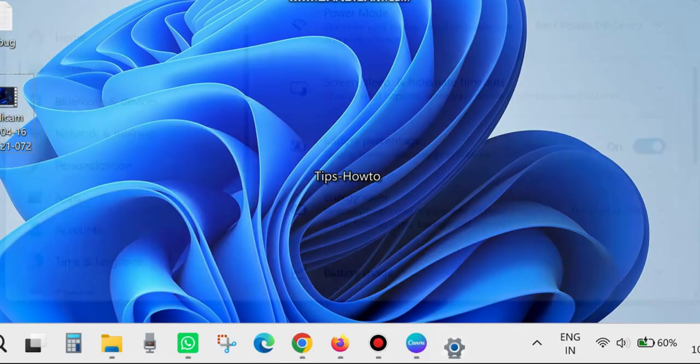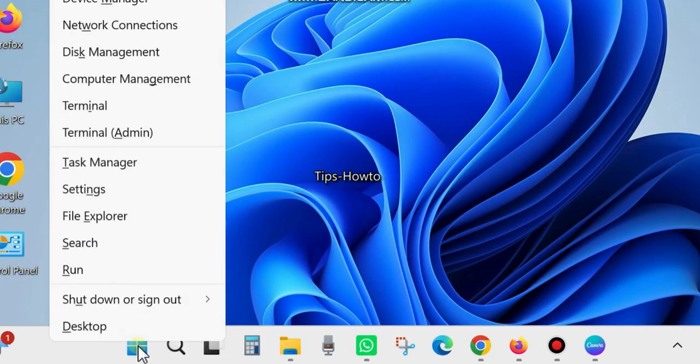If even after enabling the battery percent toggle button your problem is still there, then go to the next fix. Right click on the start button and choose task manager. Restart your Windows Explorer